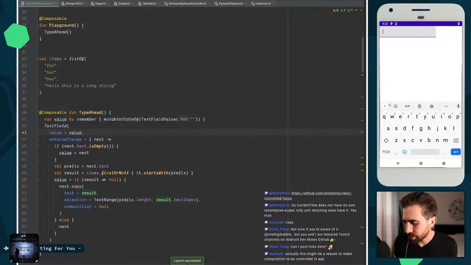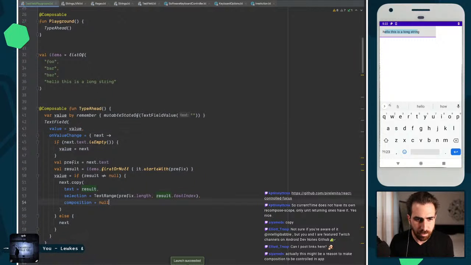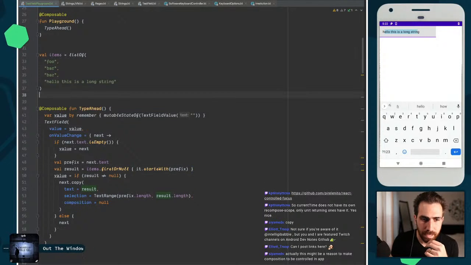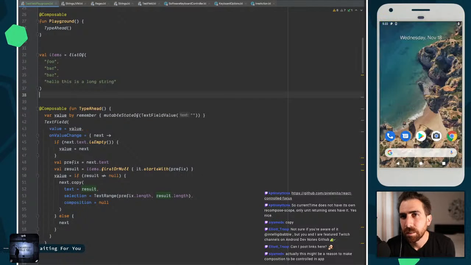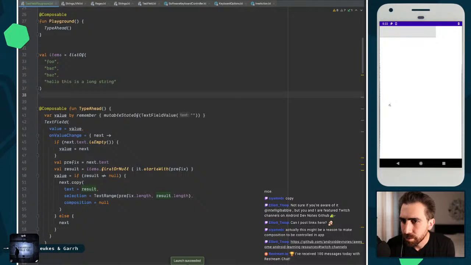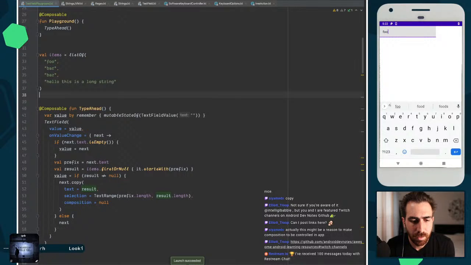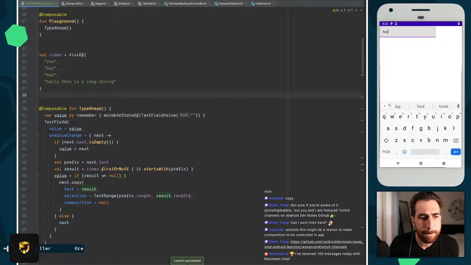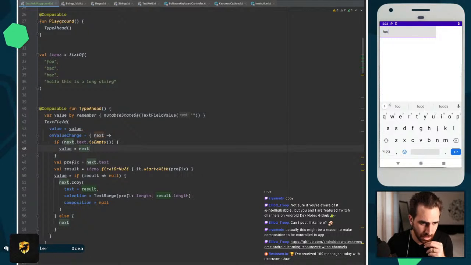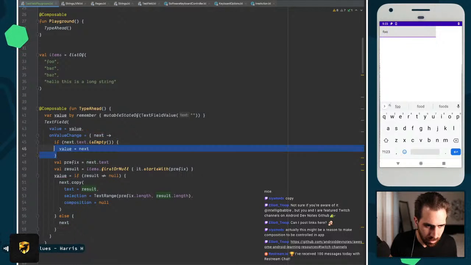Okay, so we focused, and then if I start typing, I'm gonna type hello and see what happens here. First of all, my selection is a little bit off. Immediately the selection ended one index off, so naturally we have an off by one error here. This is curious. I wonder why next.text is empty, value is next. Oh, because I see. Well, let me just